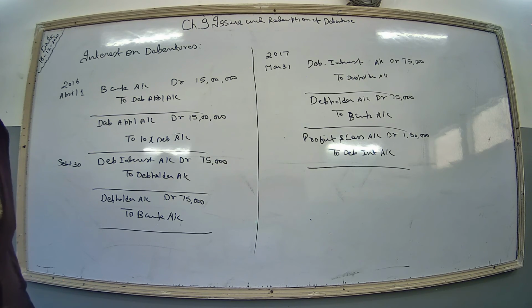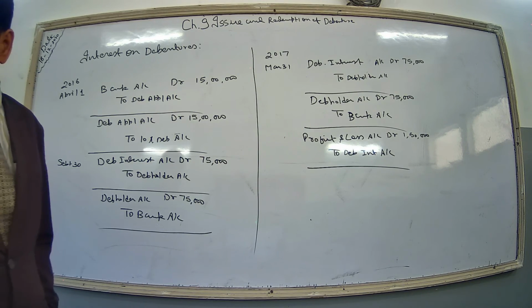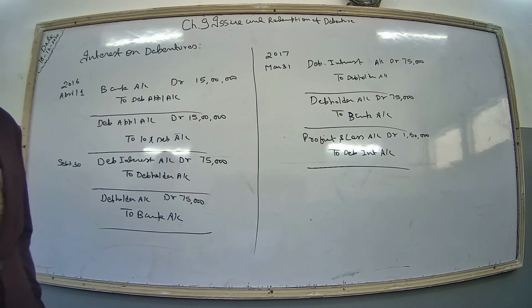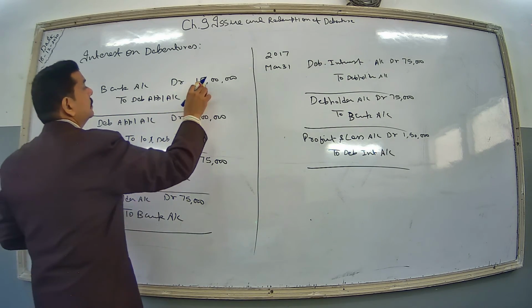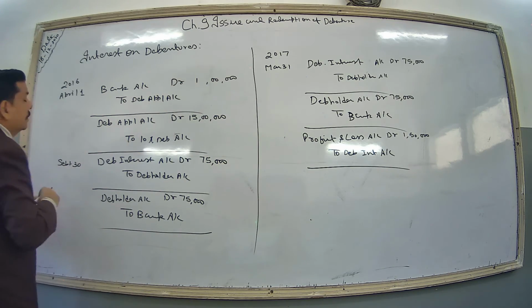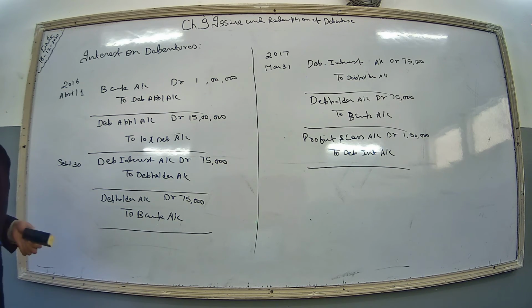Now in the next example 31, SKS Limited issued 1,00,000 8% debentures of 100 each at a premium of rupees 2 on 1st April 2016. The issue was fully subscribed, and in terms of issue, interest was payable yearly at the end of the financial year. Interest and TDS were paid on 31st March 2017, and TDS deducted on interest is at the rate of 10%. Okay. So here, now this is example 31.